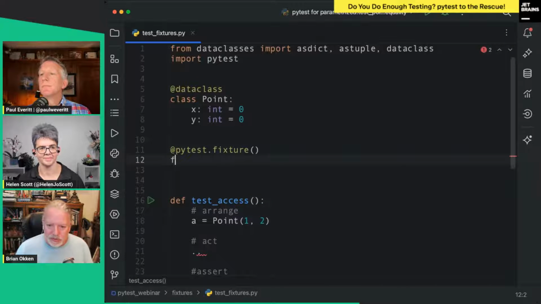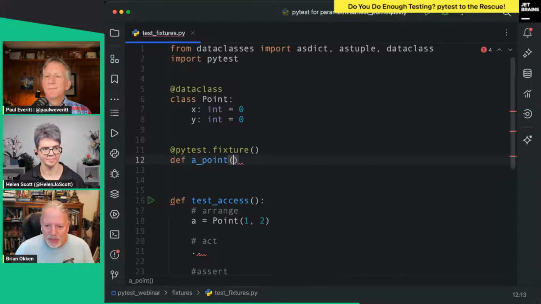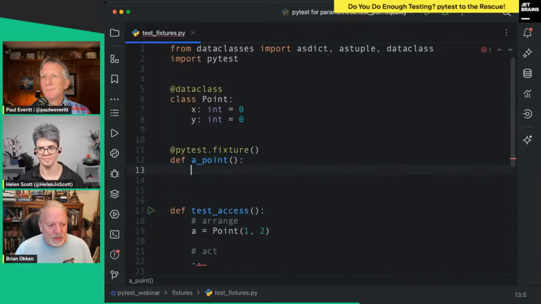Then we define a normal function. A function with just one character seems a little weird, so I'm going to call it a_point, and then it's going to return our point.